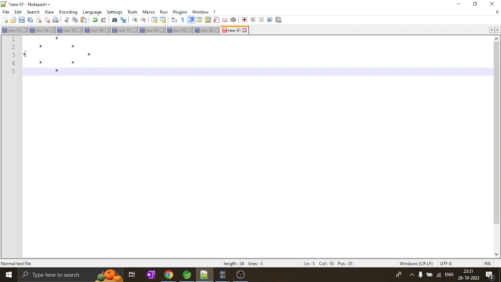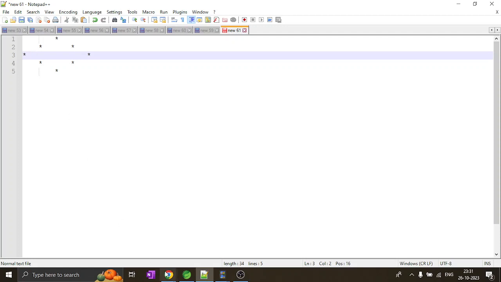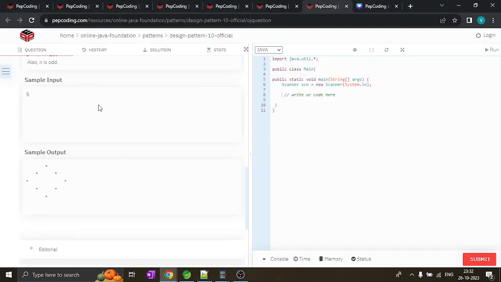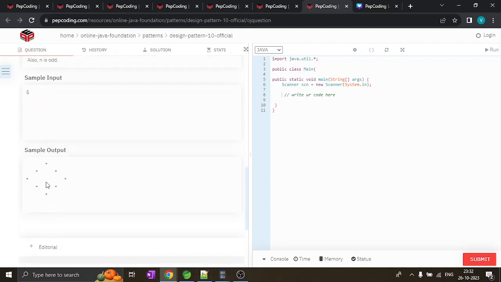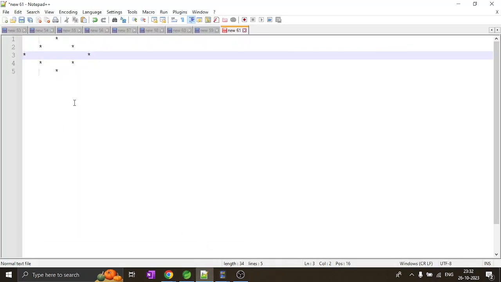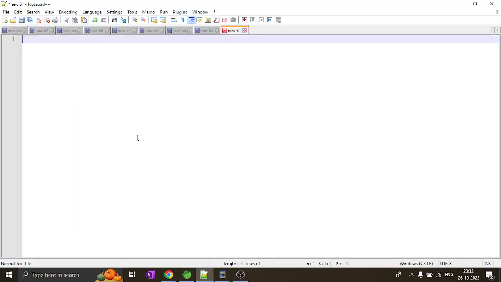If you consider this, is there any condition here? Yep, we have n is odd, and for 5 we get 1, 2, 3, 4, 5. We get 5 rows. Okay, so let me simplify this, like 1, 2, 3. Let's have some other dash, dash, dash. We have